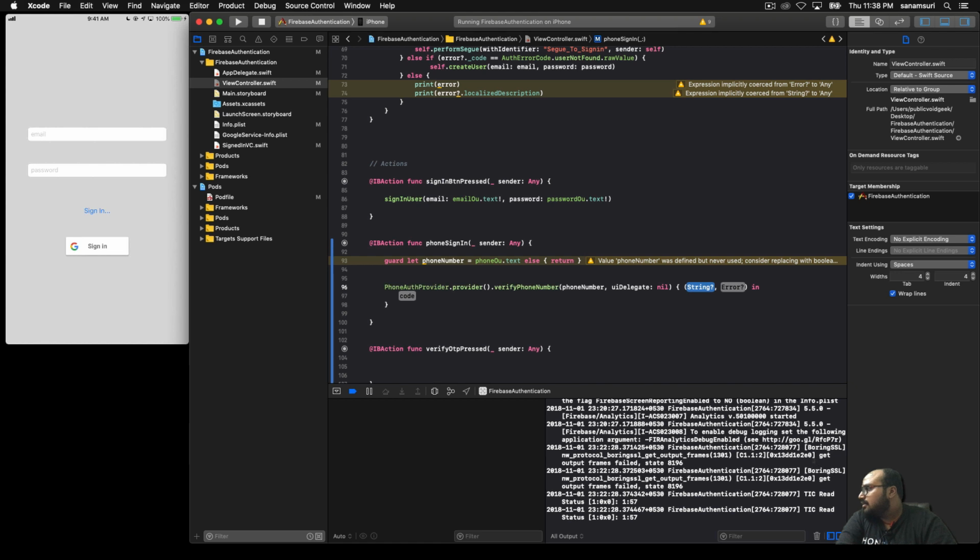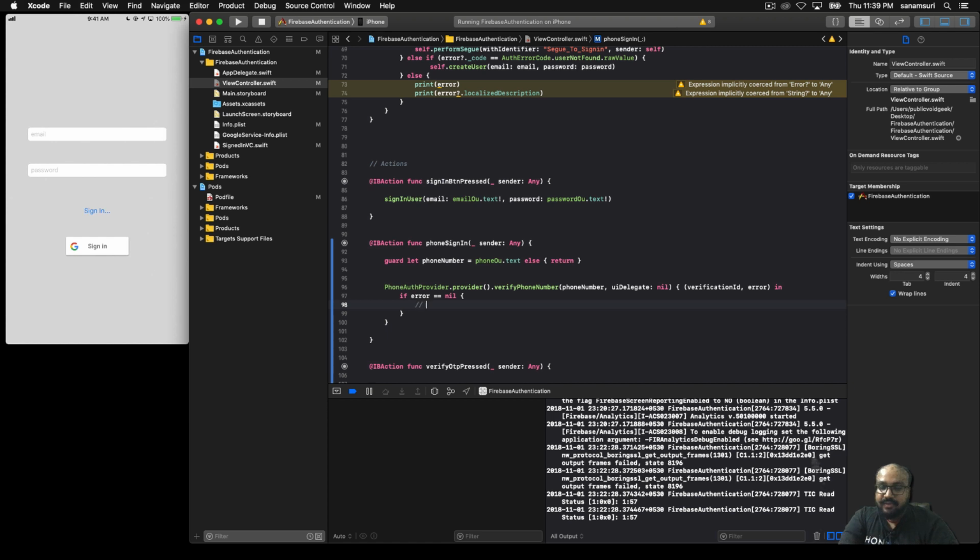And so once we do this, we'll get two things back. The callback method will give us two values. First one is the verification ID, and make sure that this ID is not the OTP. This is a secret ID that I was talking about. So this is a verification ID, and the next one is the error. So we can say if error is equal to nil, so if there is no error,